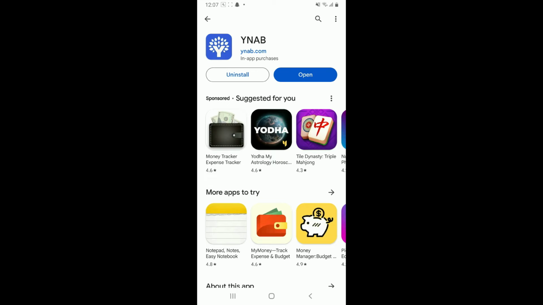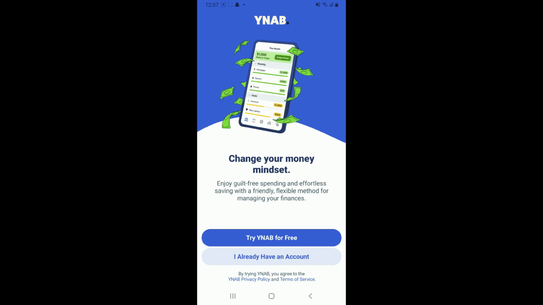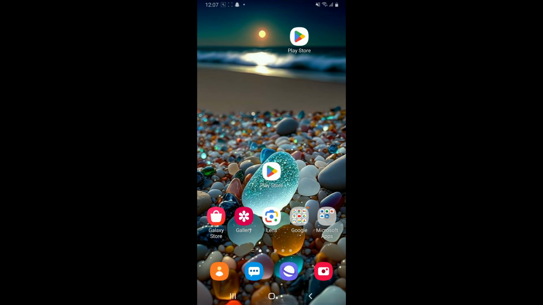Once the application is downloaded, tap on Open to open the app on your Android. You can now go ahead and try YNAB for free, create a new account, and start taking control of your finances, eliminate debts, and work toward your financial goals. So that is how you can easily download and install YNAB application on your Android phone in just a couple